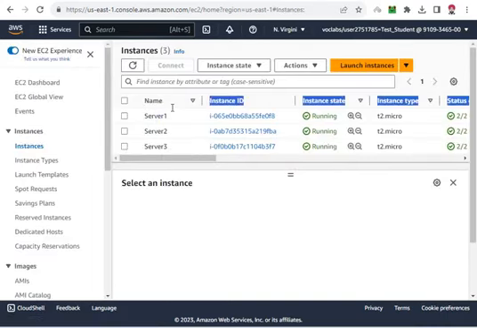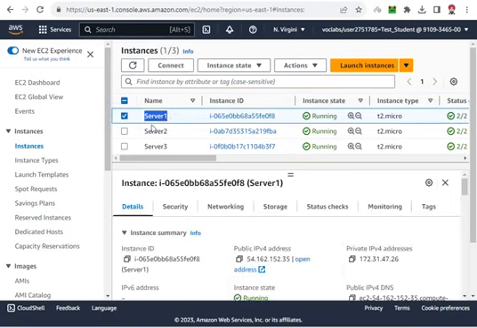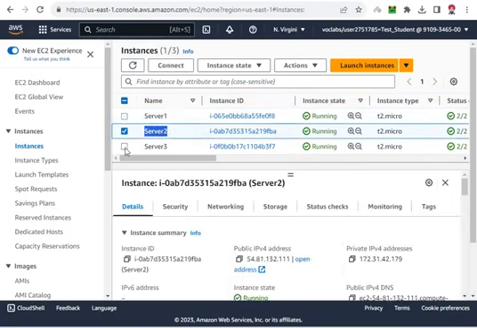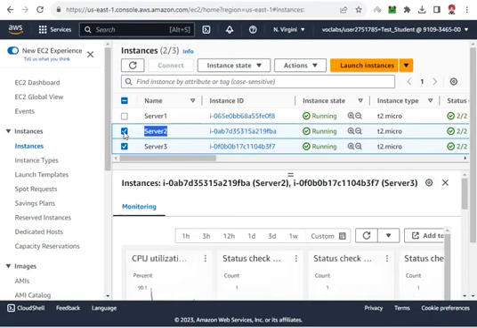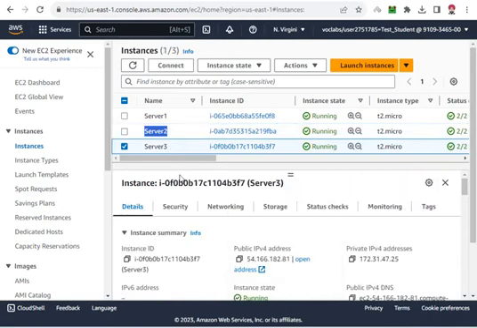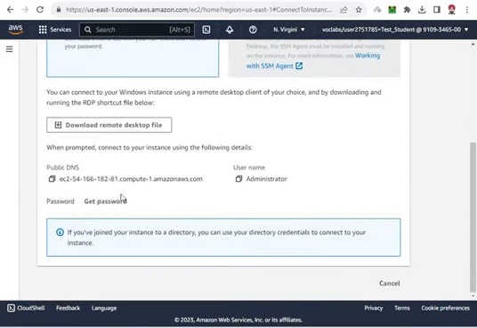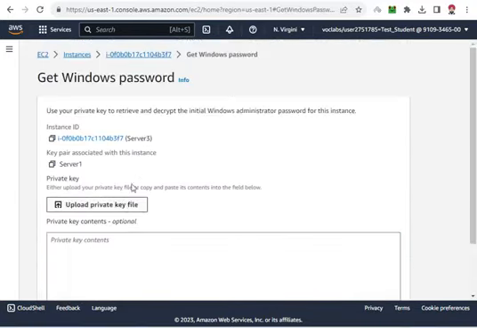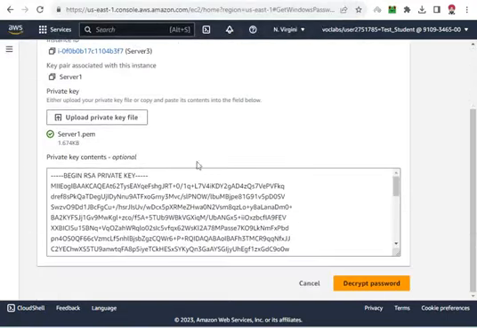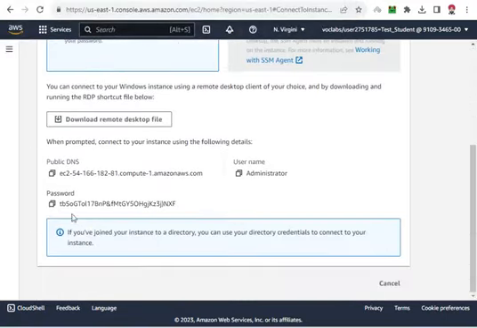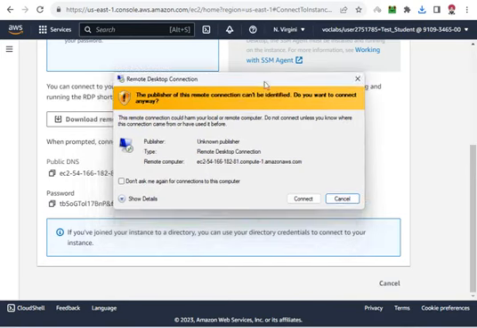I've installed IIS server and created the web page in server 1 as well as in server 2. Now I'm connecting to server 3 and I will be installing IIS and creating the static web page in server 3 as well. So selecting server 3, connecting through the RDP client, get password, upload the private key, same key will be uploaded, decrypt the password, copying the password, download the RDP file, connecting to the machine,